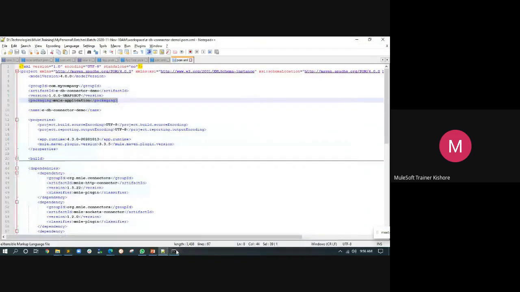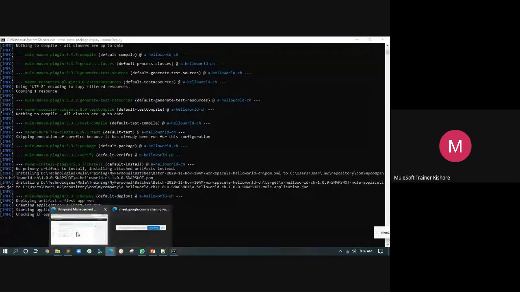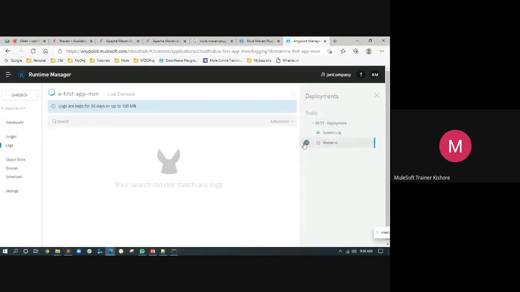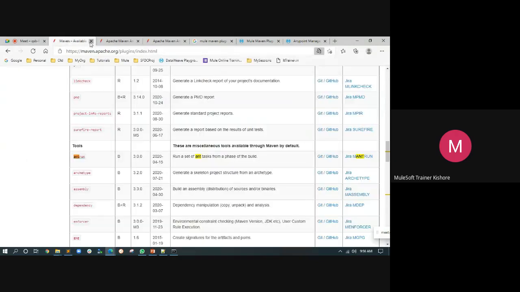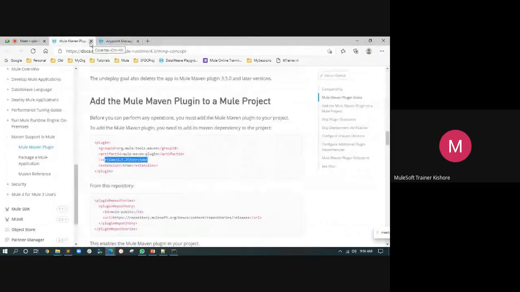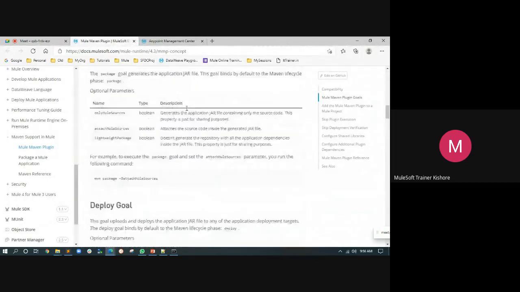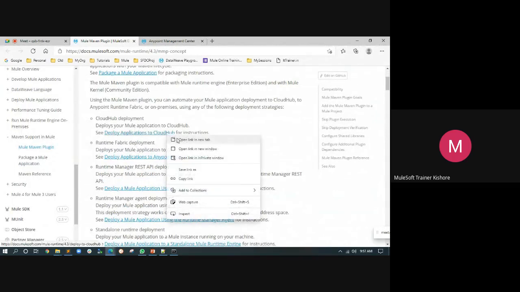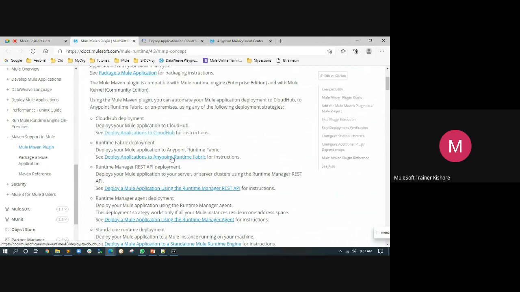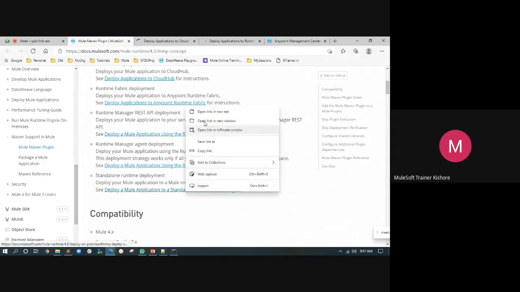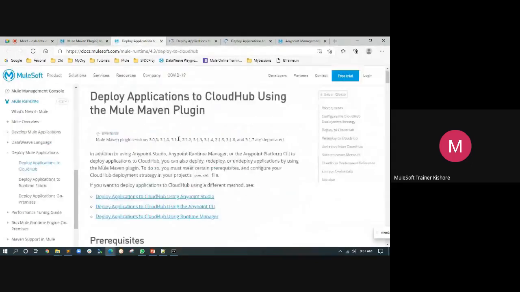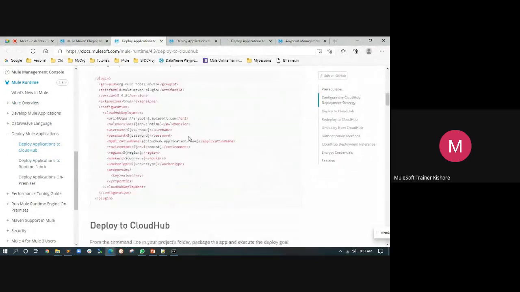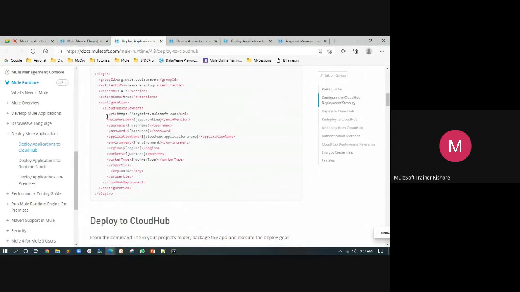Let's wait for the application to deploy and then start, and then we'll run it once and then we'll wrap the session. So thanks for allowing me to complete in extra time. So this is Mule Maven plugin. In this plugin, you have a packaging Mule application. This is the option we have discussed about deploying to Cloud Hub. And if you want to deploy to Anypoint Runtime Fabric, and if you want to deploy to standalone Mule runtime, these configurations may change. So these are the configurations we have provided.